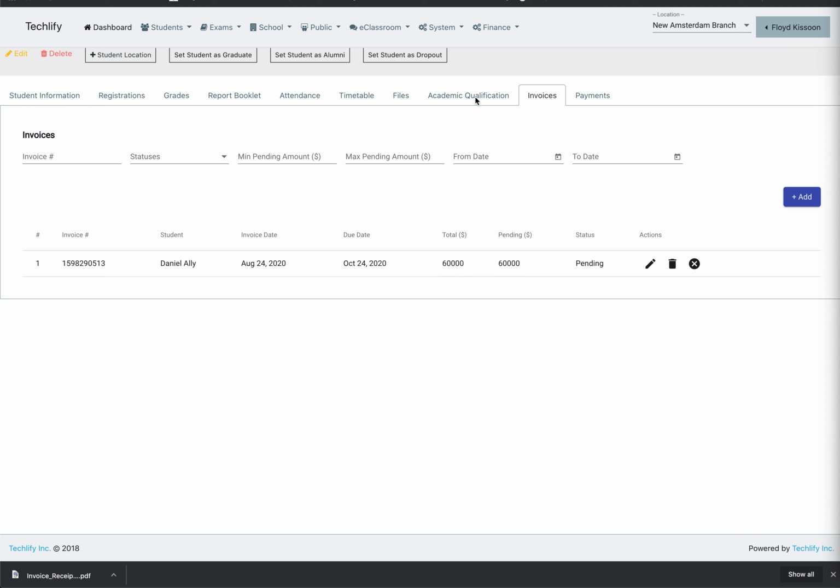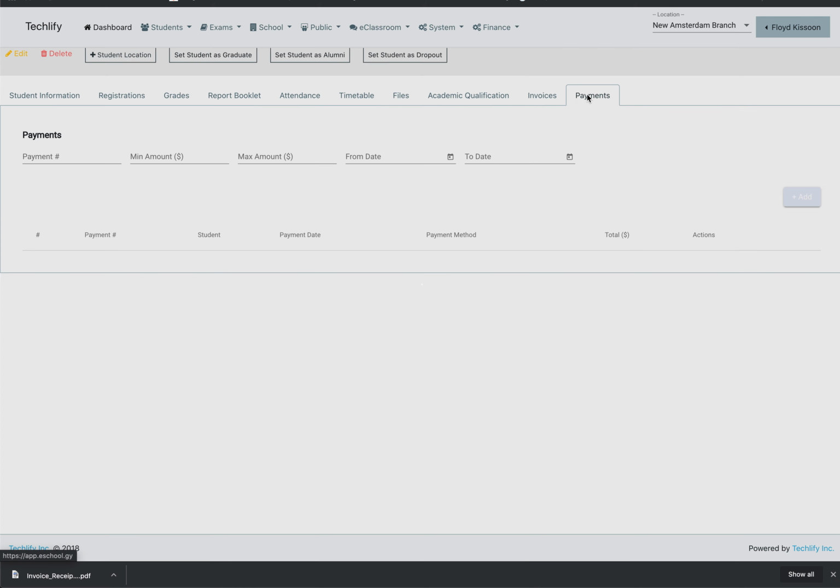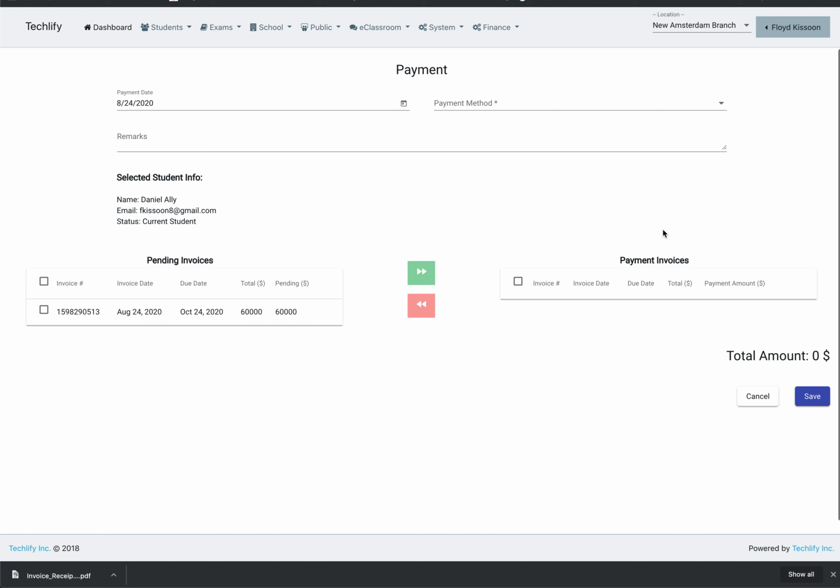So once we're on the student's node page, we just click on payments, the payments tab. And once we click on that, we get to see a list of all payments for this student. If we click on the add button, we can then go ahead and add a payment for Daniel. So let's say that we select our method. So let's say he's paying by cash, remarks,